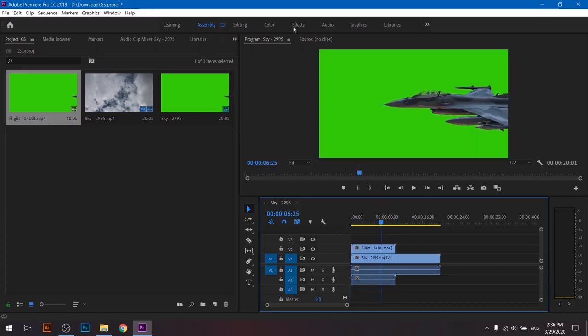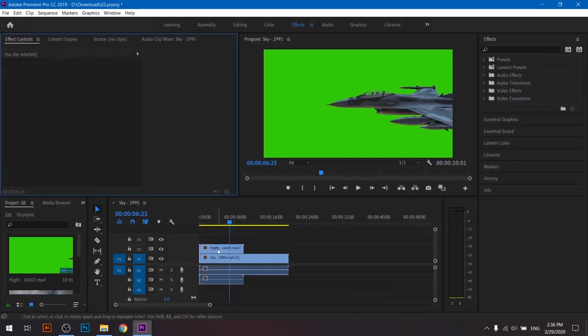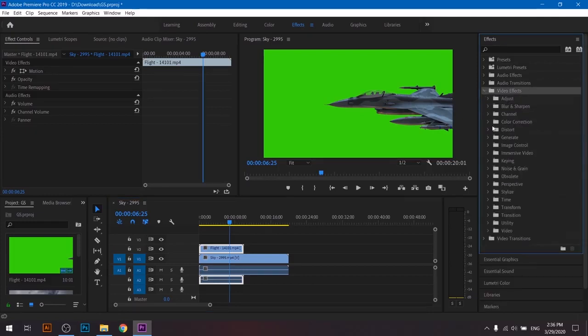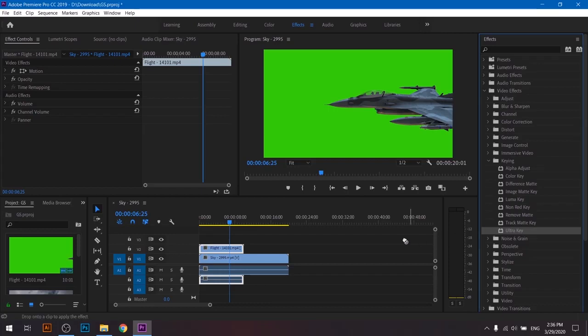Now you want to go to the effects mode, and then single click on the green screen clip, and you can see all the video effects related to the one clip on the left. There's nothing for the green screen here, so we have to add it. So we want to go to the right, go to video effects, drop down menu, go to keying drop down menu, and select Ultra Key. You want to drag the Ultra Key effect and drop it onto the clips you want to use. Now you can see the Ultra Key effect on the left, which is ready to adjust.